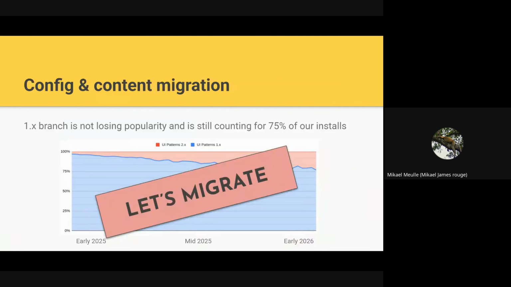Next, please. We have some users coming every week. Right now it's about 100 new websites registered per week. So we have some activity, but still we can see that the 1.x branch is kind of stable. It means we have a lot of newcomers, people adopting UI Patterns 2 or just discovering UI Patterns 2. But it seems UI Patterns 1 users are not